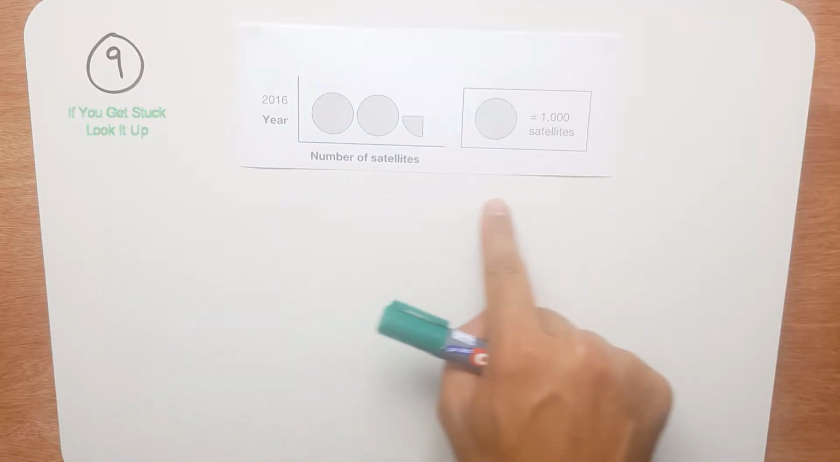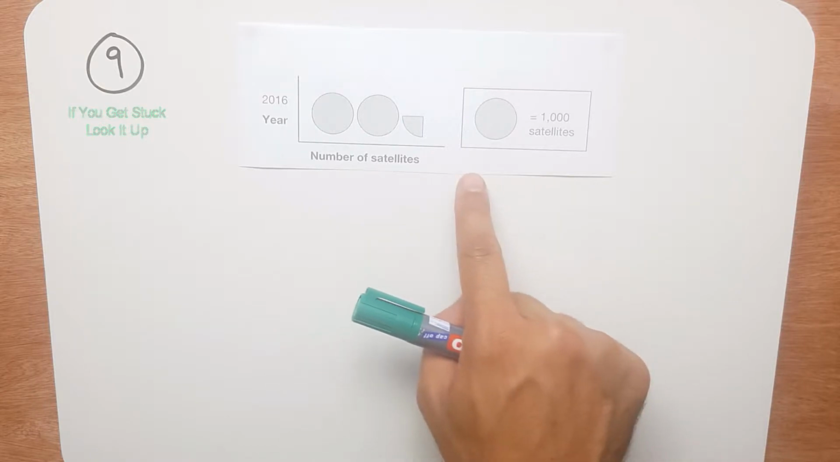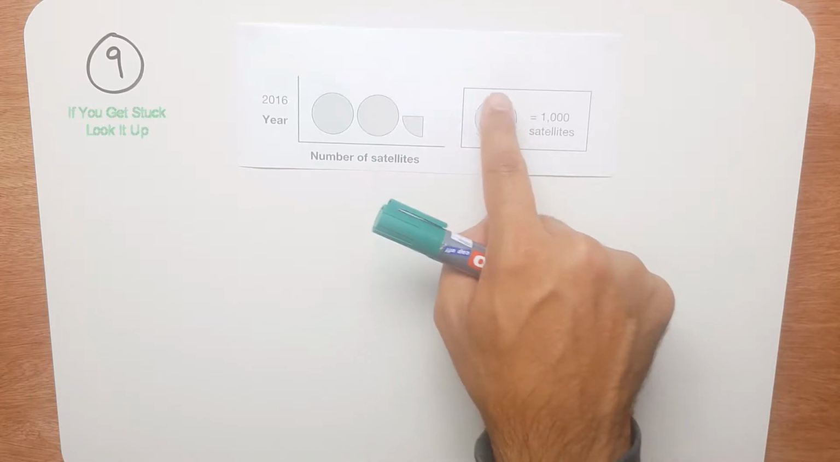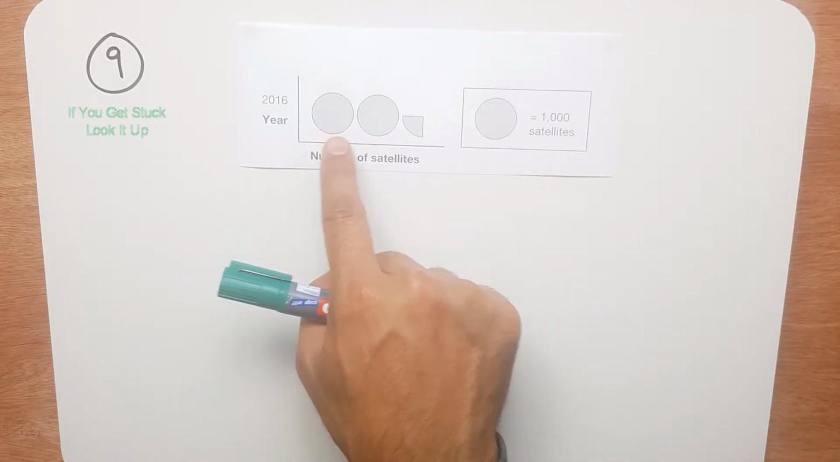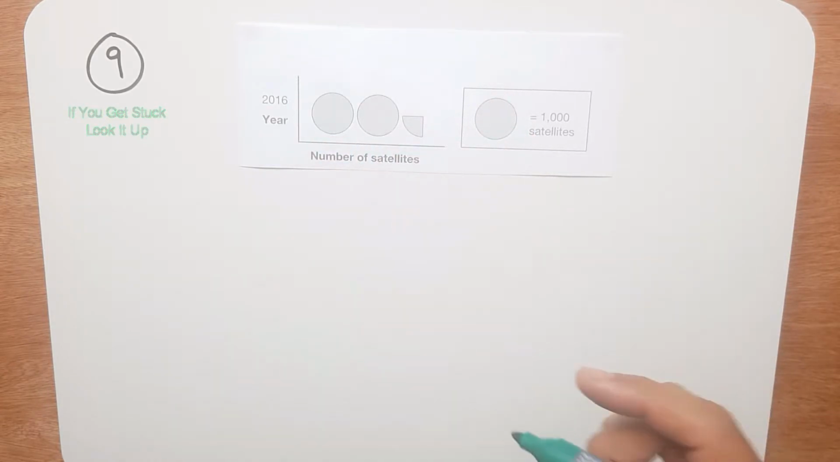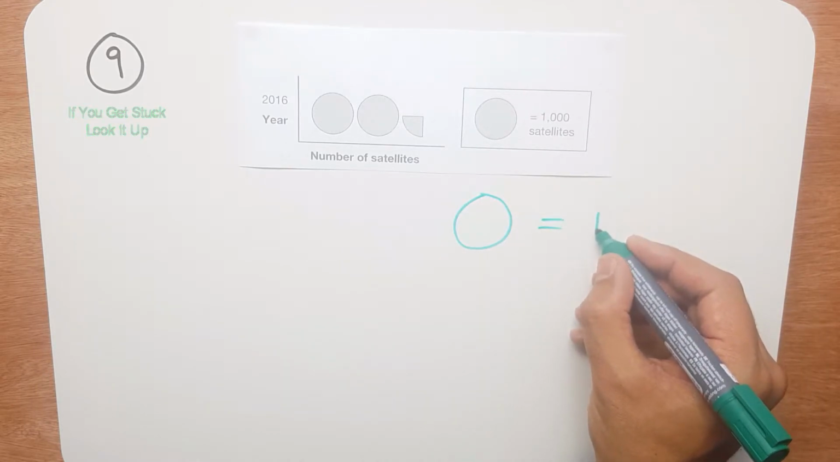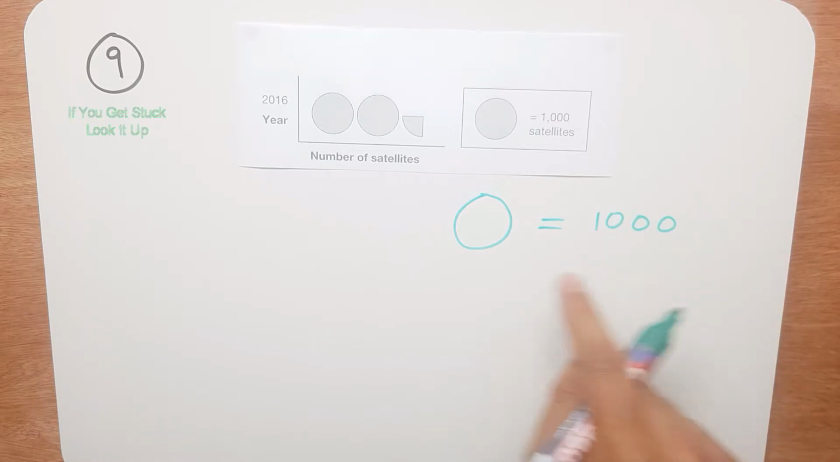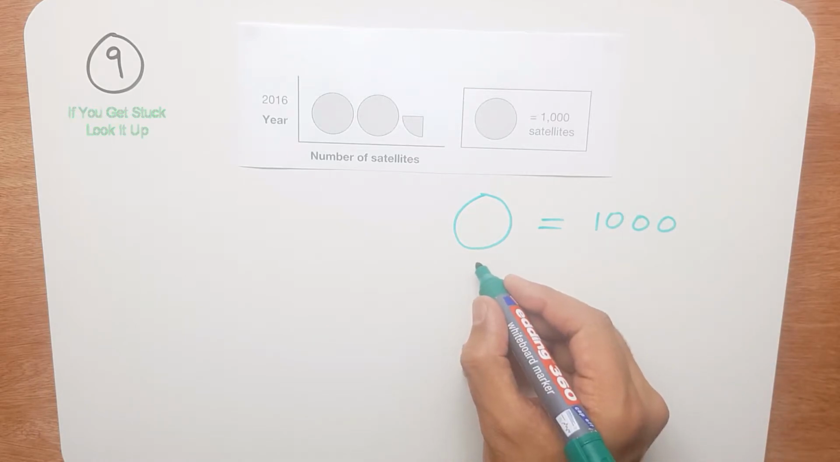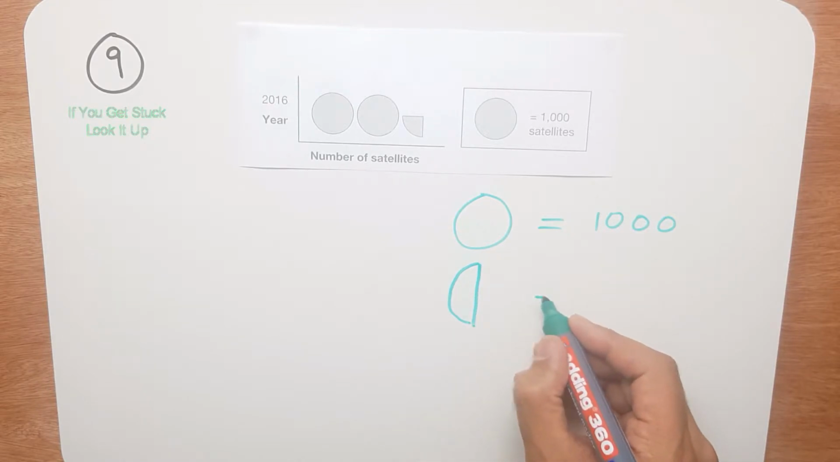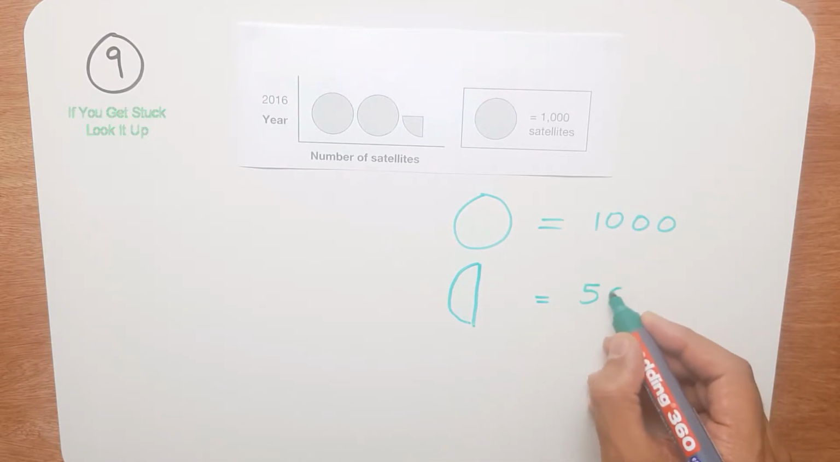In question 9, we're given a pictogram. And the most important thing to look for is the key, because that tells you what each one of these pictures represents or stands for. So here we have one full circle is 1000 satellites. Now from there I can tell that half of a circle would be 500